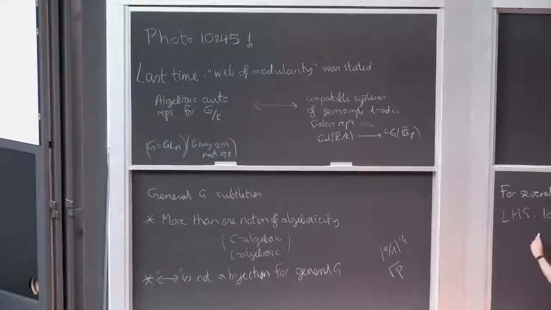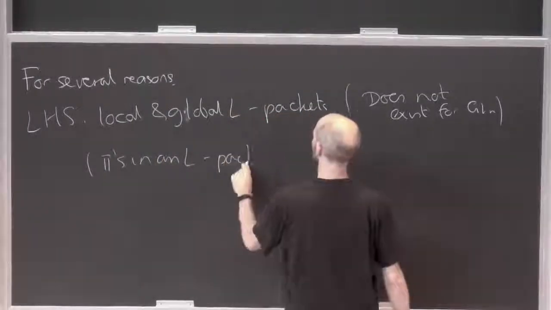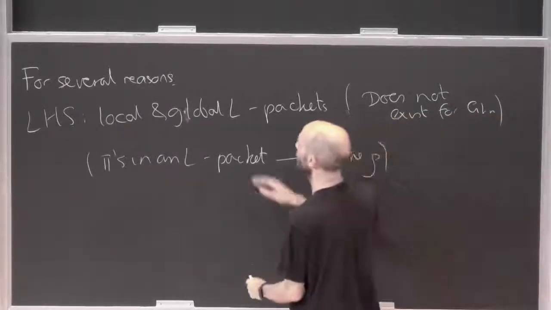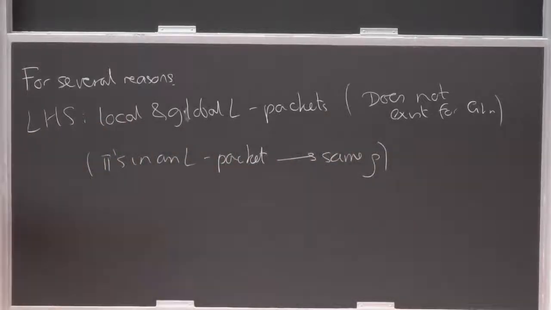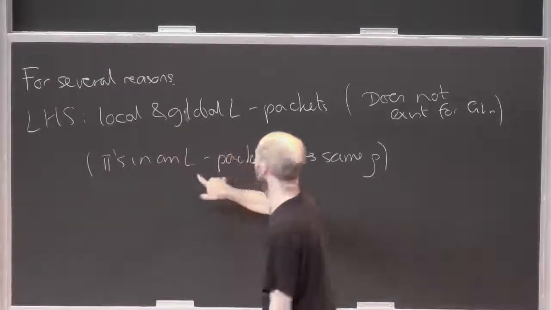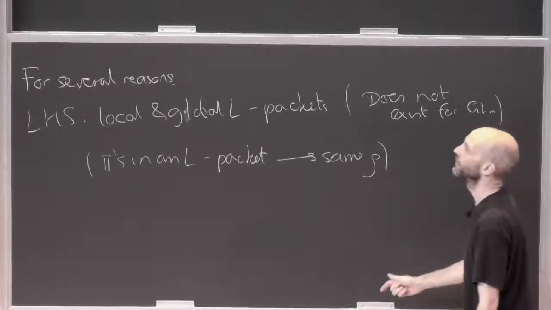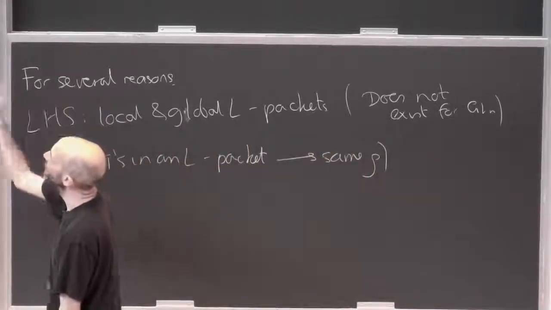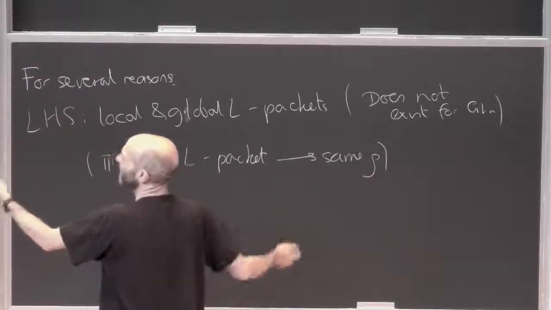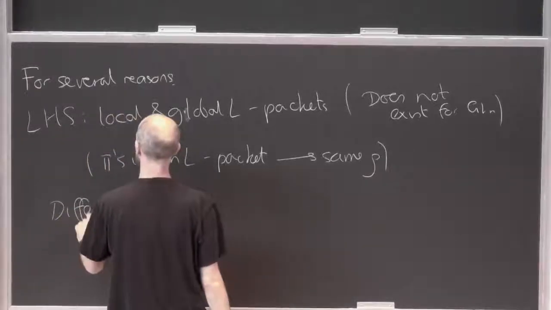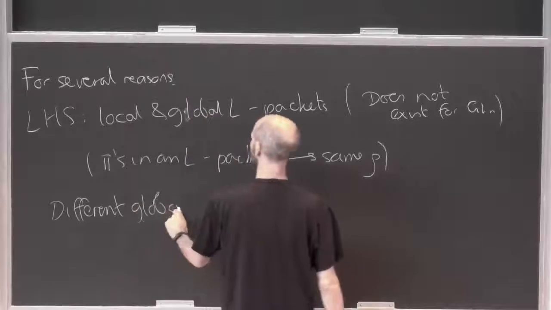So the idea about an L-packet is that the pi's in an L-packet give me the same rho. So there's these weird finite sets, local L-packets are finite. So this is some kind of finite-to-one correspondence this way. But if your local L-packets are finite, your global L-packets are products of local L-packets, so you could imagine global L-packets being infinite. So maybe there's some issue going this way. And going this way as well, there is some issue with Langlands parameters, different global Langlands parameters.